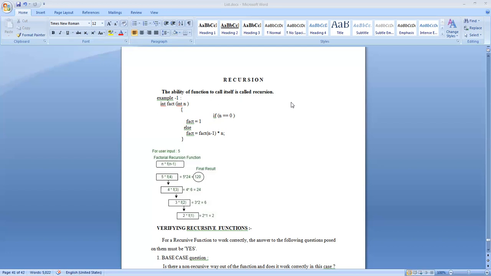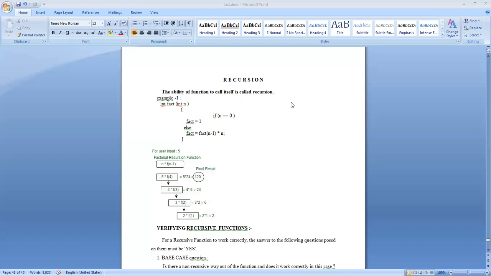Direct recursion is the recursion in which the function is called within the body of its own. Then what is indirect recursion? Function A is calling function B in its body and function B is calling function A in its body. That is called indirect recursion. A is calling B, B is calling A. Now, as you are already aware, there should be a terminating condition to conclude the recursive call.